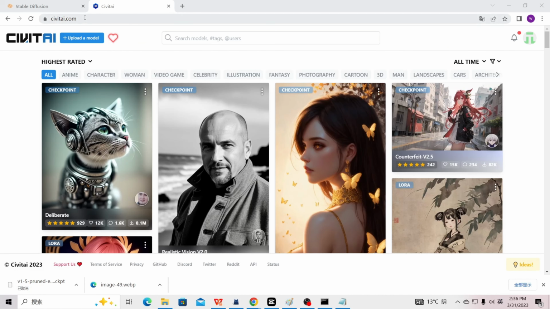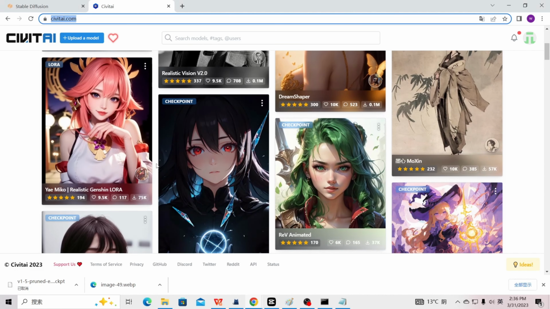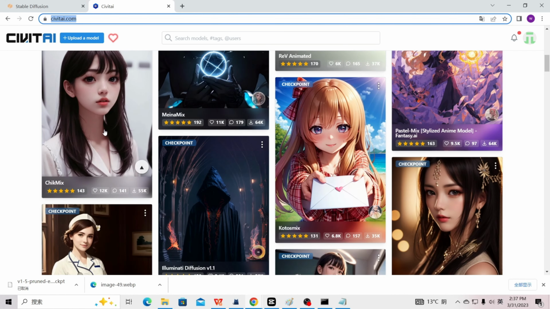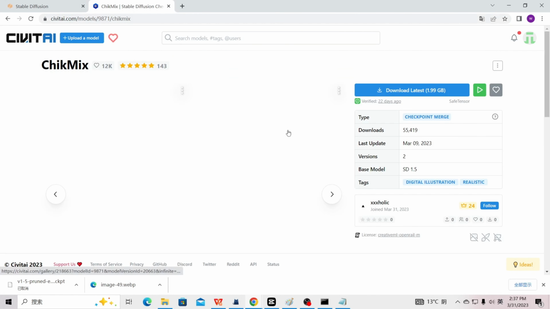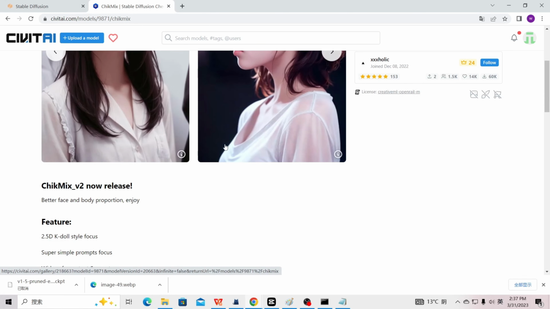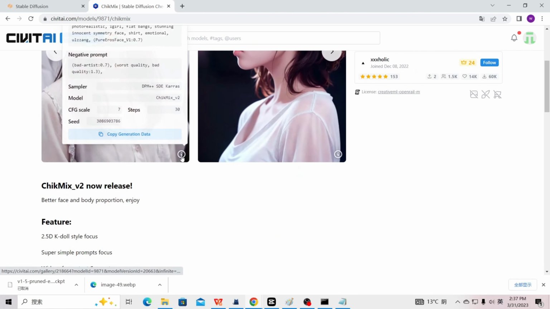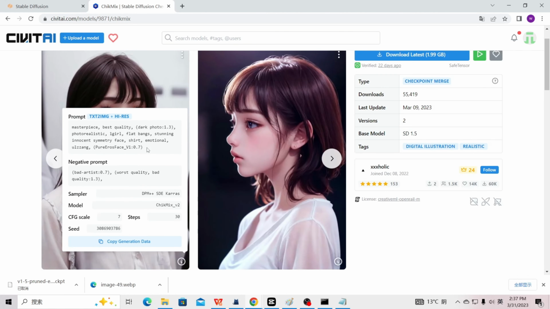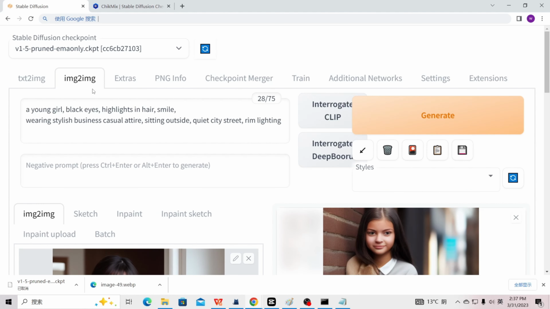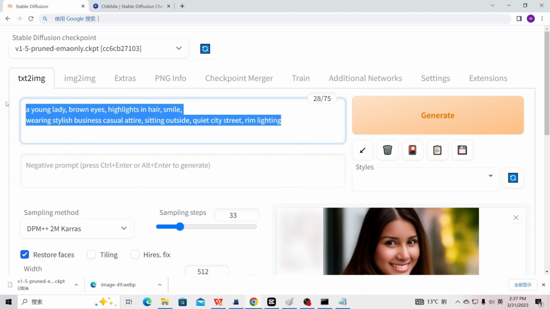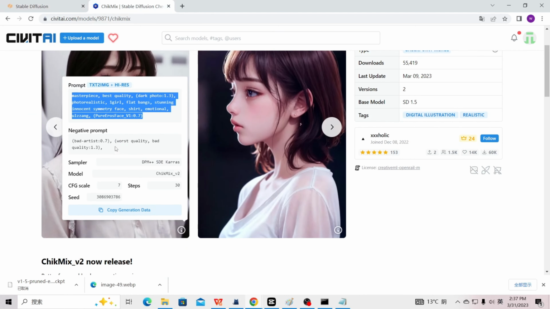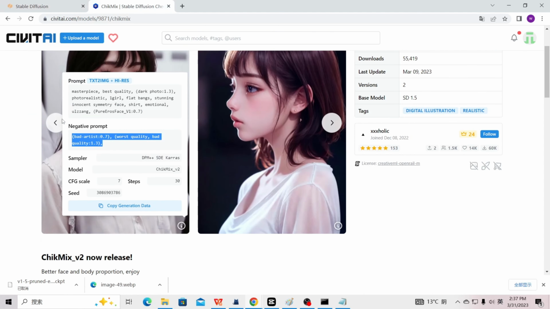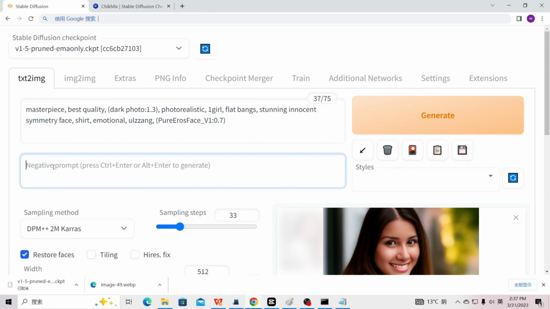How to make prompts. You can visit website https://civitai.com/. You can find an image on this website. Click the eye icon in the lower right corner of the image. You can see the parameters of the generated image, including prompts, CFG scale, sampler, seed, steps, model, and other information. You can copy this information into the corresponding parameters of your Stable Diffusion WebUI.